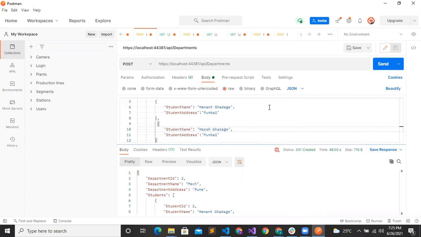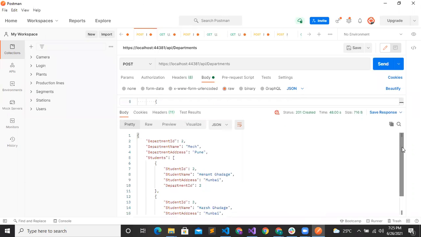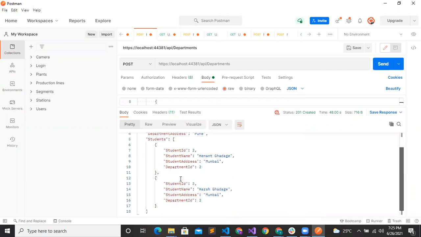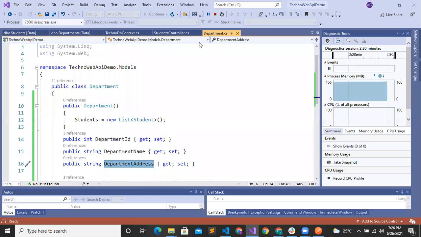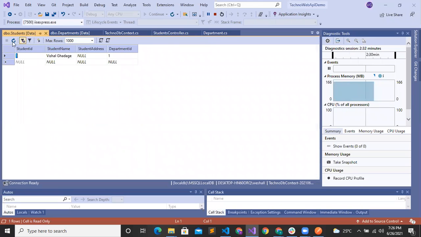Now you can see here we have created the department mechanical. Department address is Pune, and we have also successfully created 2 students under the department mechanical. Here you can see the department ID is generated. Now we will see in our Visual Studio. We will refresh it.